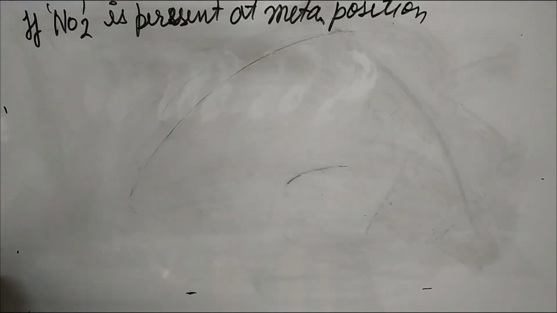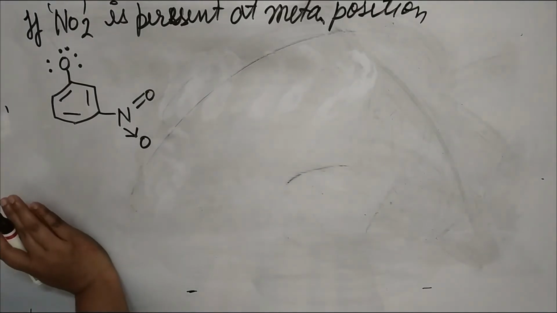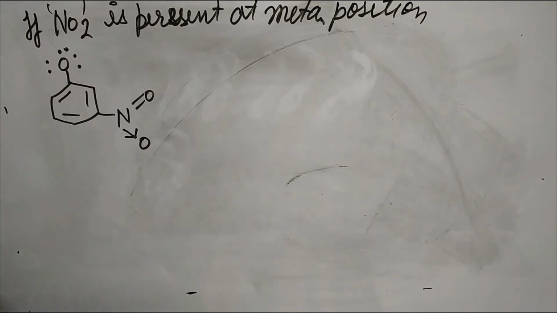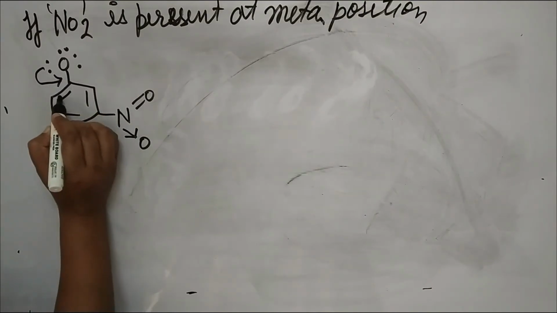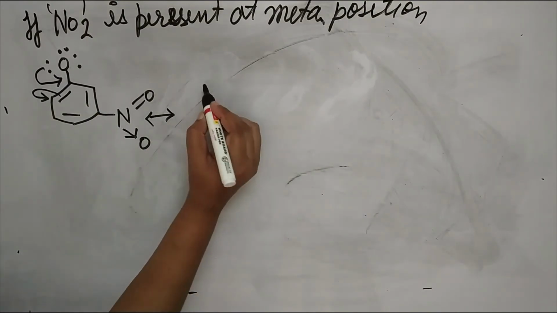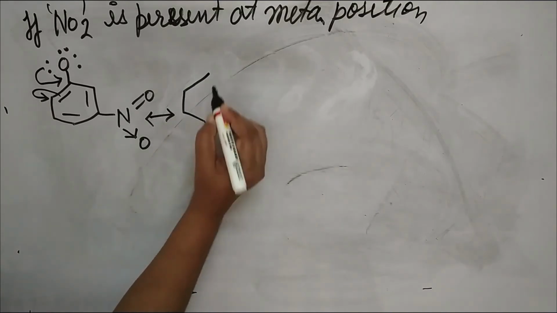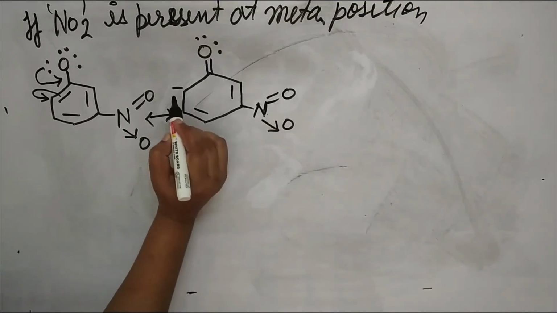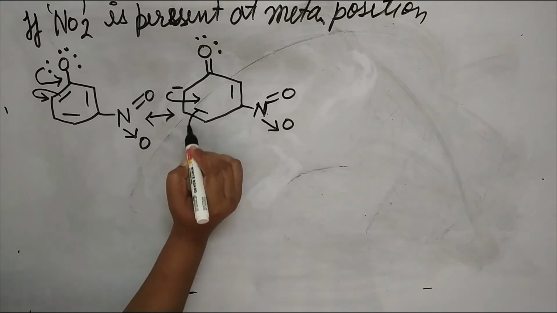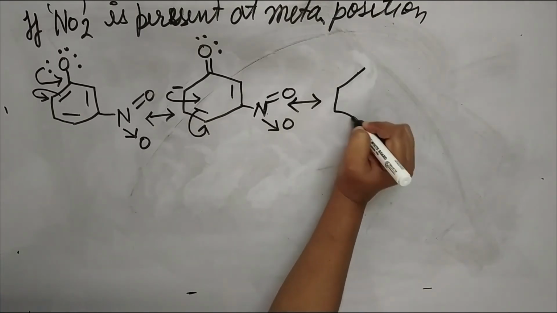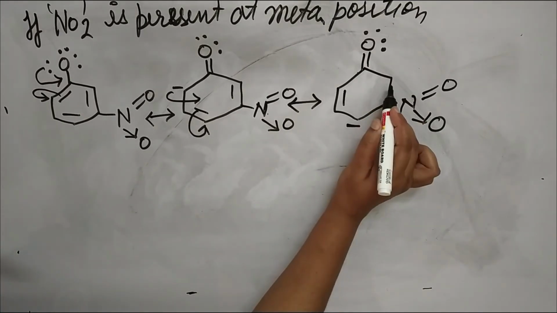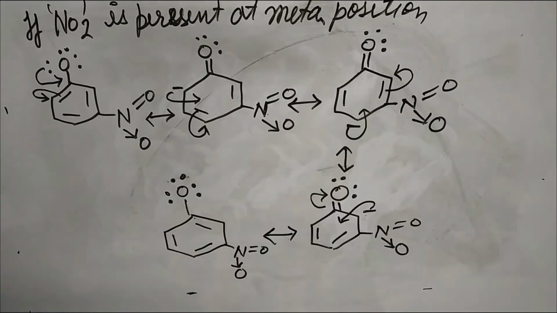So this is the third criteria. So this is the phenoxide ion with nitro group at meta position. Let's see the resonating structure for this meta position. So this is the first structure. Now let's draw the second structure. So this is the second structure. Again reshuffling of electron will occur. Due to delocalization of electron, various resonating structures will form. Let's see the third structure. So this is the third structure. Again the movement of electrons will occur. So this is the final resonating structure, fifth.